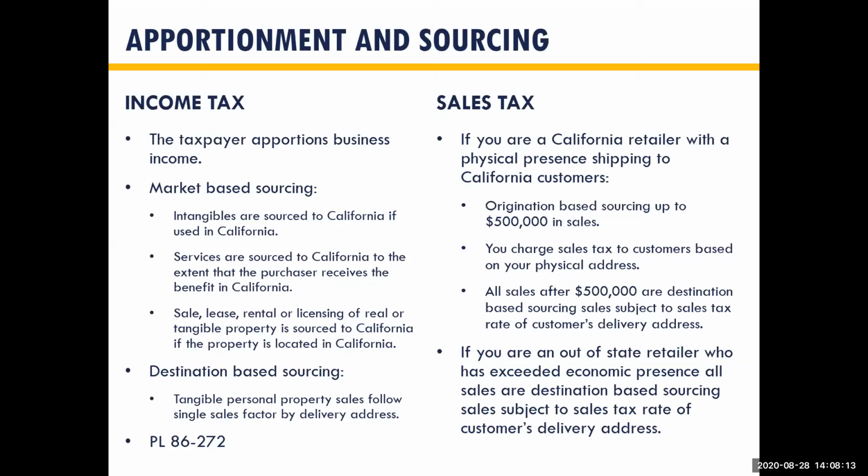Destination-based sourcing is a little bit easier to understand. If you're selling tangible personal property into the state, it's simply where was it delivered. If you're selling t-shirts, if you're selling pencils, or something that you can actually hold in your hand, how did you get it to the customer? They either came to your store to pick it up, or you delivered it to them in the state, and in that case you use the delivery address. We have PL 86272 on here. I'm not going to talk a whole lot about that, other than California follows that guidance very generally,